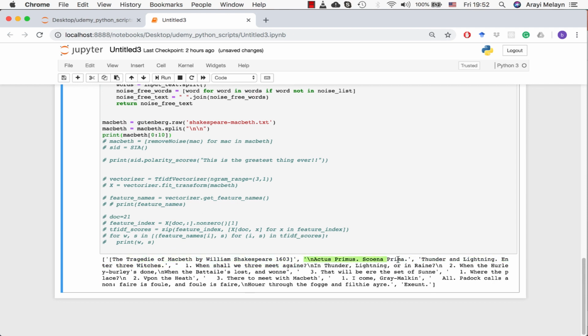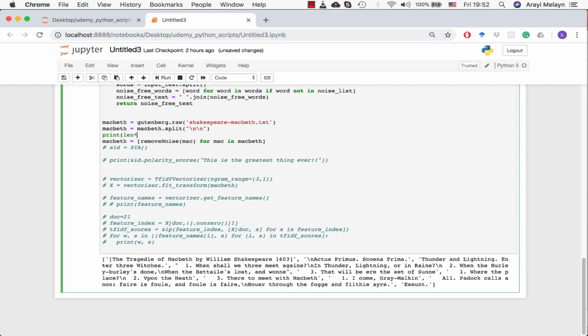It's the title. We have a line break even in there, but we still have the first act, first scene, and it starts to break down. So this is probably an easier representation of the text that we'd want to actually do analysis with. So what we can do now is go through all of our text. Let's actually look at how many different lines there are, how many different pieces of text there are, just